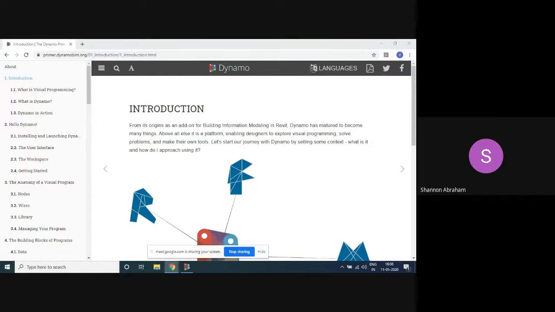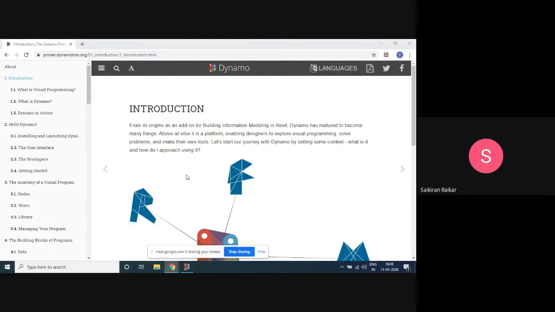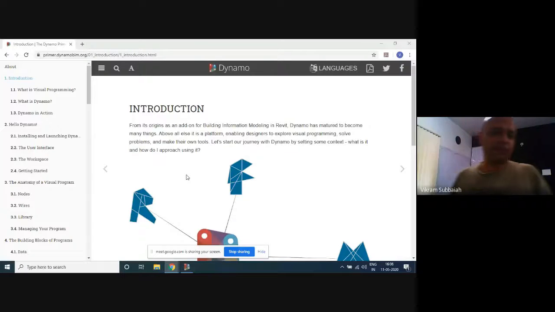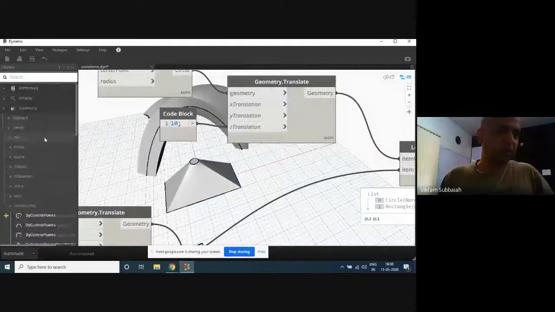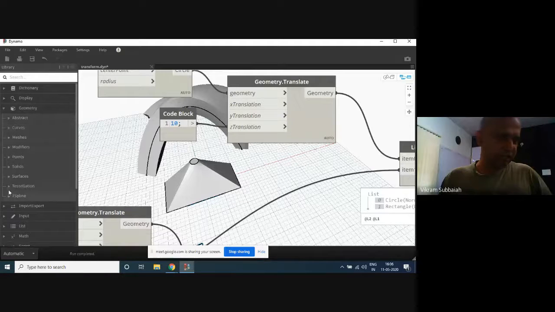I like learning these simple concepts. These are not concepts. You can do this in your free time, Shannon. Whenever you're getting bored, just sit and explore the many nodes that are available here. Go to Dynamo, go to the geometry section, and explore each one of them and try to see how they work.